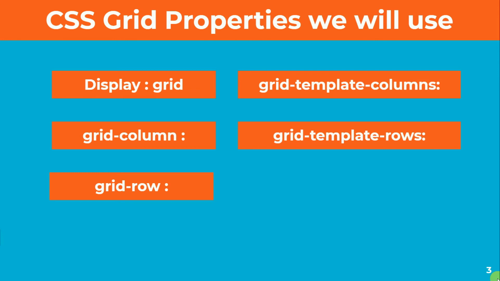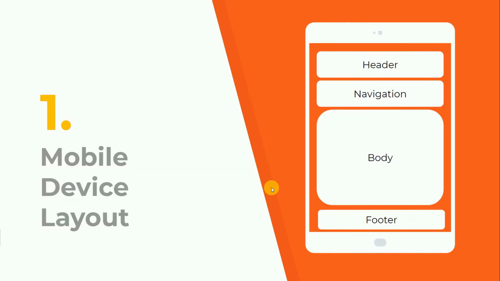So basically in this tutorial we are going to use these grid specific tags, we can say, to specify our grid structure, but there are a number of different properties available. If you Google CSS grid, you can find the different types of properties on W3Schools as well. So there are a number of different properties present, but we are going to use these properties in this tutorial. So let's start with the first implementation.